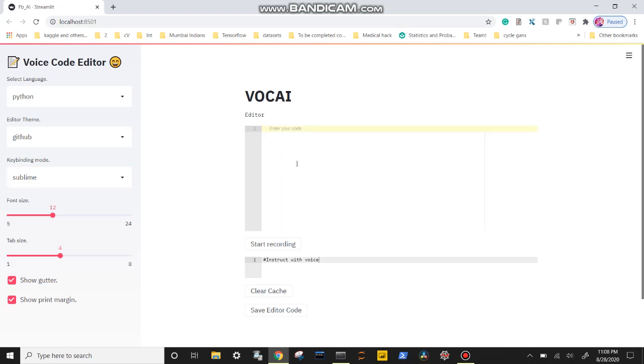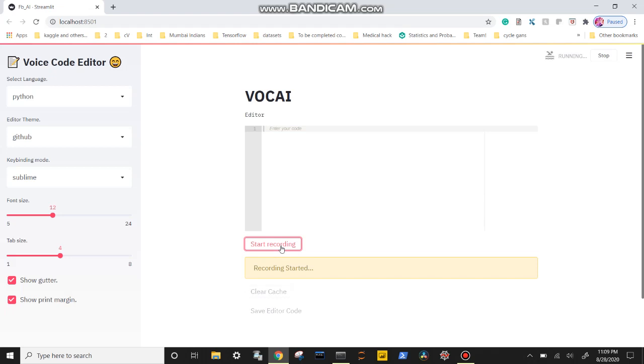The code area you are able to see right now is your work environment, and you can save this after you're done editing. To use the voice functionality, click on the Start Recording button and give your prompt. This prompt will be sent to Wit.ai for intent and entity extraction, which will again be processed at the backend for giving the final output to the user. Now let me show you a demo of how this works.